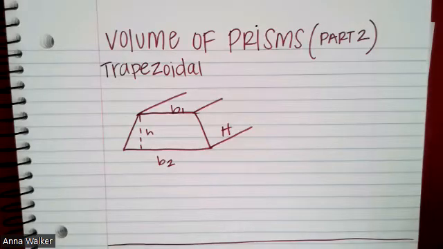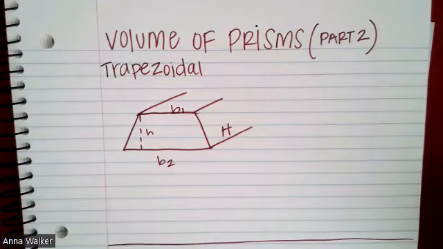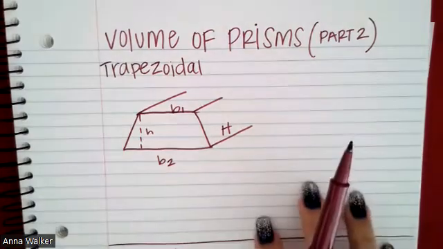Good day, students. So in this video, we are going to do a part 2 on how we find the volume of different prisms. These particular prisms in this video are more unique prisms. We're going to talk about a trapezoidal prism as well as a cylinder, which is a special kind of prism. So the rules for finding the volume of a prism are the same with these two prisms as we discussed